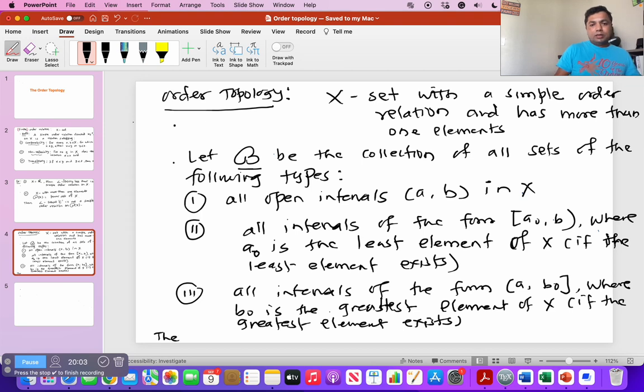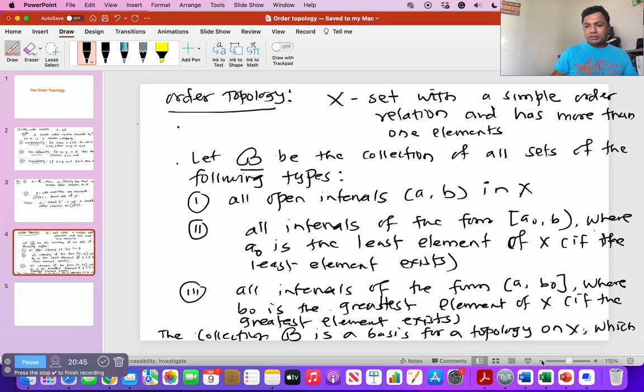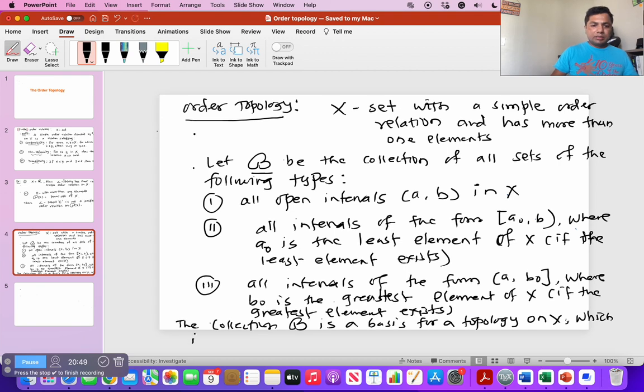the collection script B is a basis for a topology on X. Okay, now it is easy to check that this collection script B forms a basis for a topology on X. Then that topology is called the order topology on X. Basically the topology generated by the collection script B